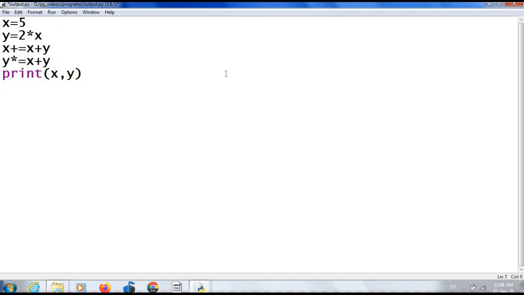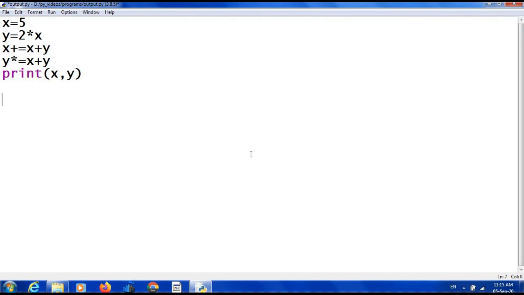See, my dry run. We have two variables, x and y. The value of x is 5 initially, then y equal to 2 into x, that is 2 into 5, y is 10. Next statement is x plus equal to x plus y.